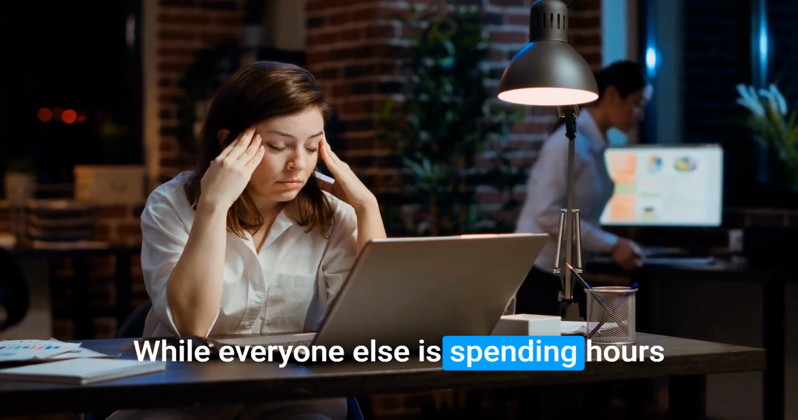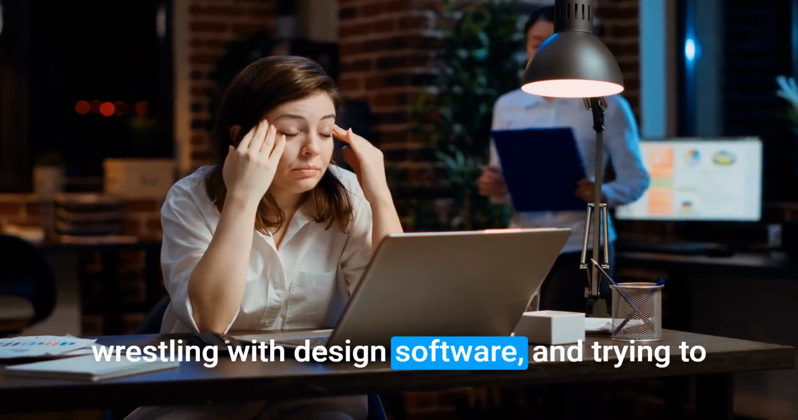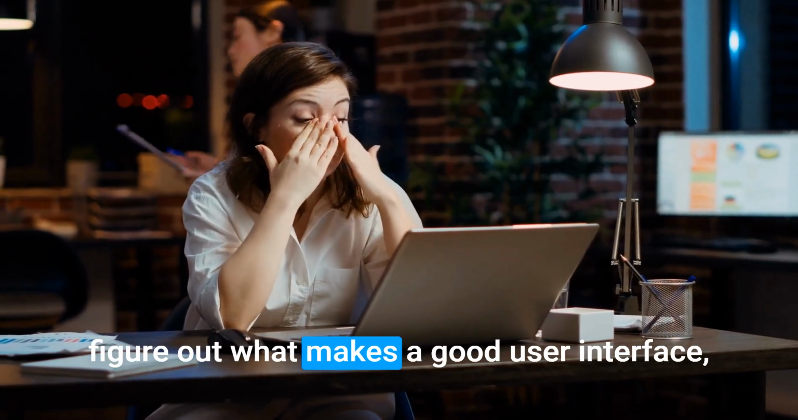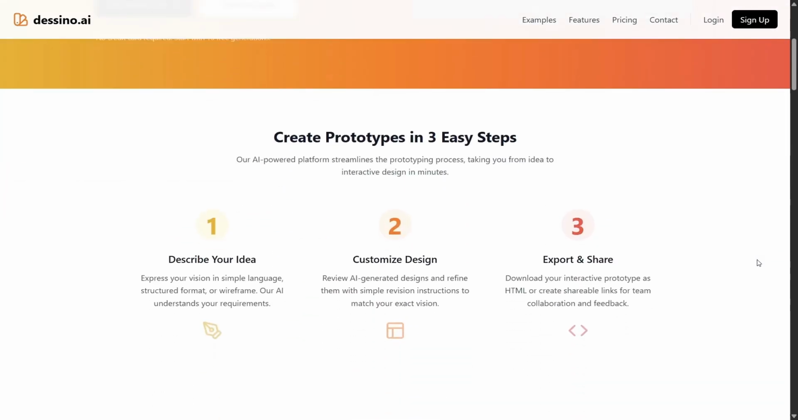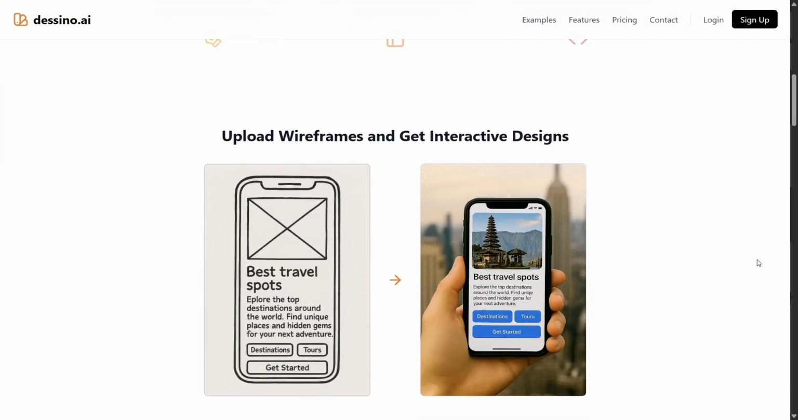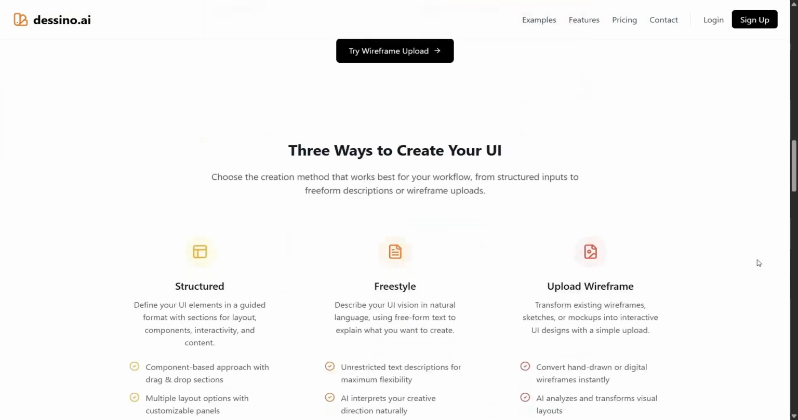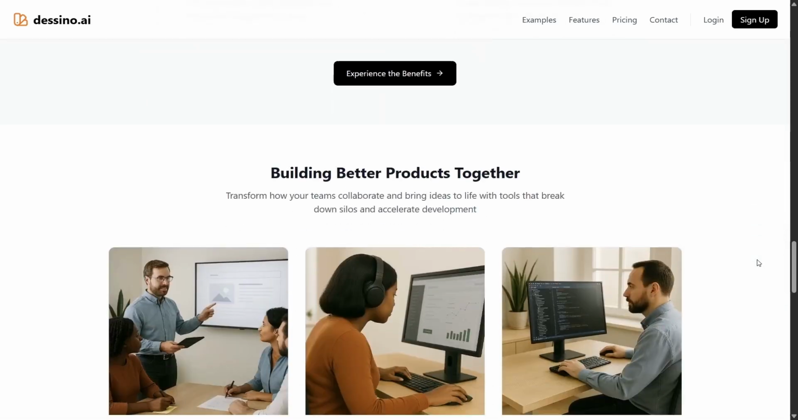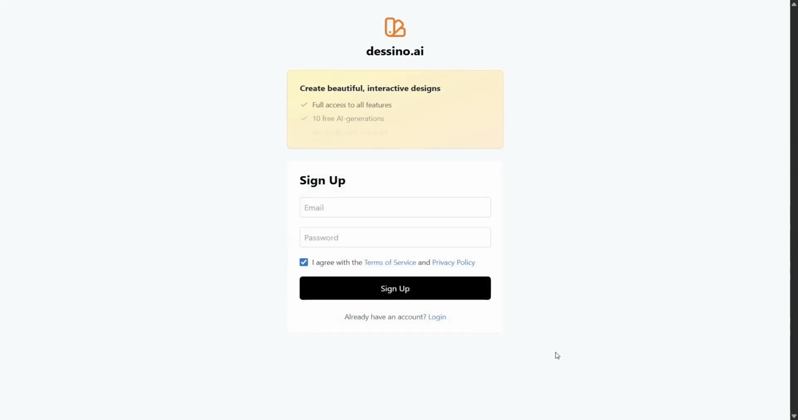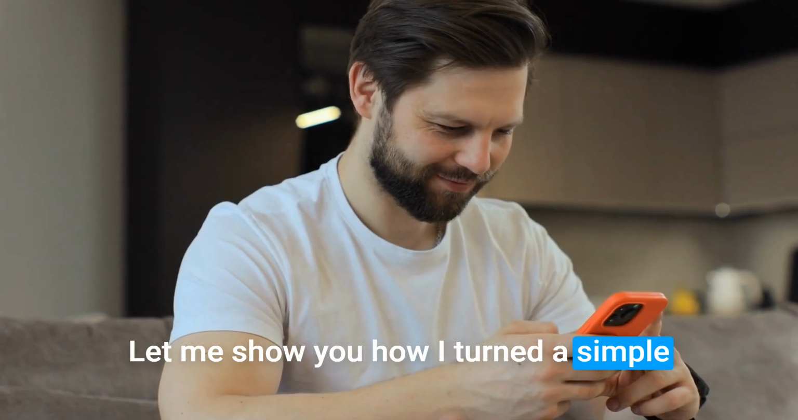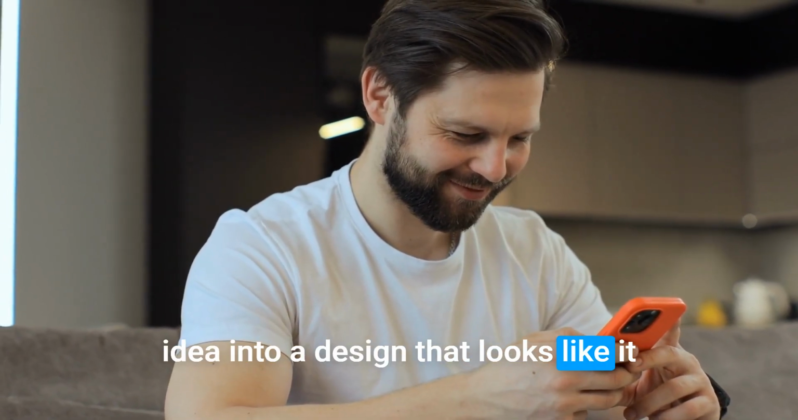While everyone else is spending hours wrestling with design software and trying to figure out what makes a good user interface, there's actually a way to create stunning, professional-looking designs in minutes. And no, I'm not talking about those generic templates that make your app look like everyone else's. Let me show you how I turned a simple idea into a design that looks like it came from a $1